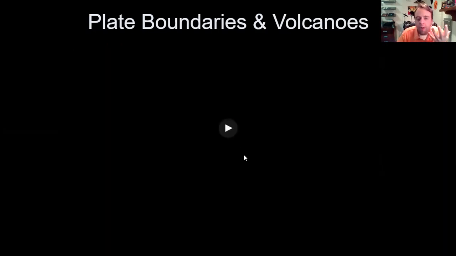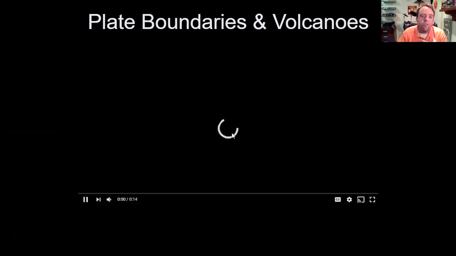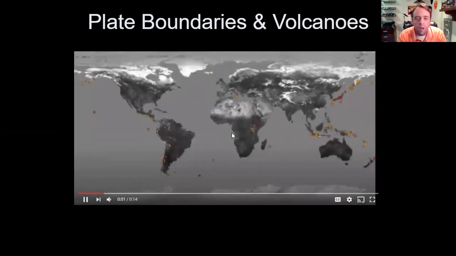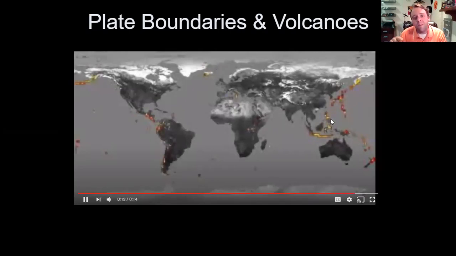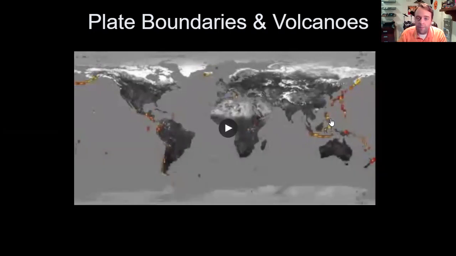This little animation is just to show you recent volcanic activity, and hopefully you're seeing, and you already know the pattern, that most volcanoes occur along plate boundaries, especially what's called the Ring of Fire, which is actually just the outline of the Pacific plate. Lots of subduction happening